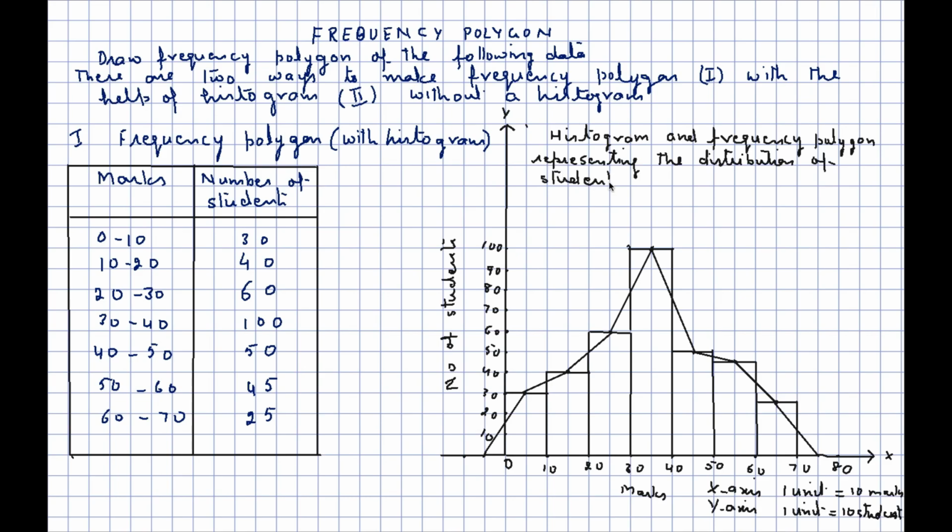Repeat the same process. Take a fictitious class on the right hand side of the histogram now, equal in size to that of the last class, mark its midpoint on the x-axis and join it to the midpoint of the last rectangle. Now this is our frequency polygon. Conceptually speaking, for a given distribution, the area under the histogram is equal to the area under this frequency polygon, and this area represents the total frequency of the distribution. Now giving it a scale and the title.